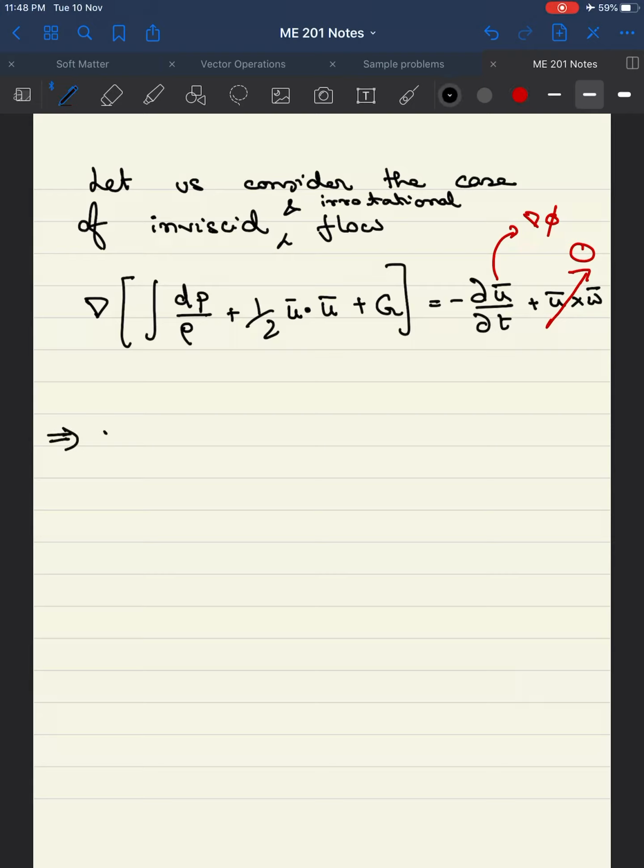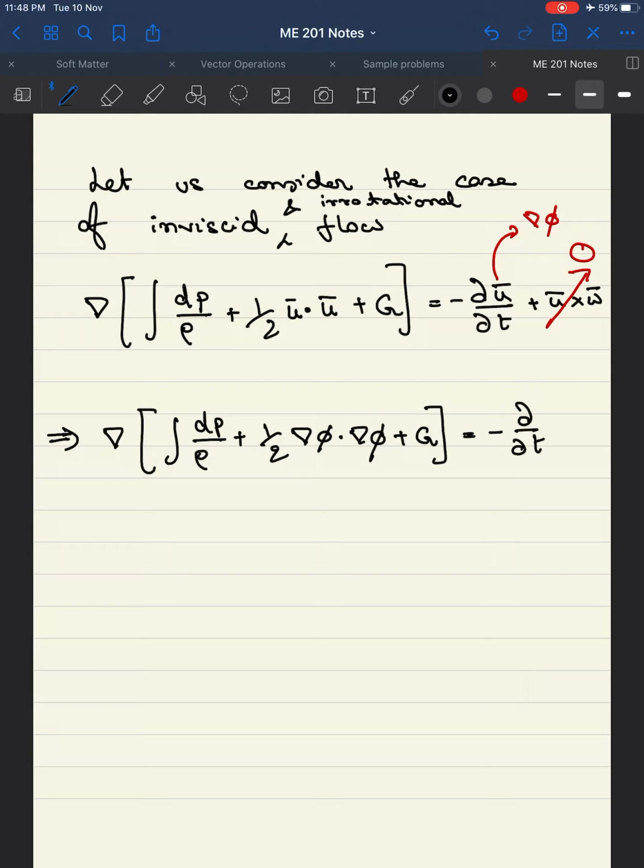This equation simply becomes the gradient of dp by rho plus half the gradient phi dot gradient phi plus g on this side, and here you have minus del t of the gradient of phi, which is the same as minus the gradient of